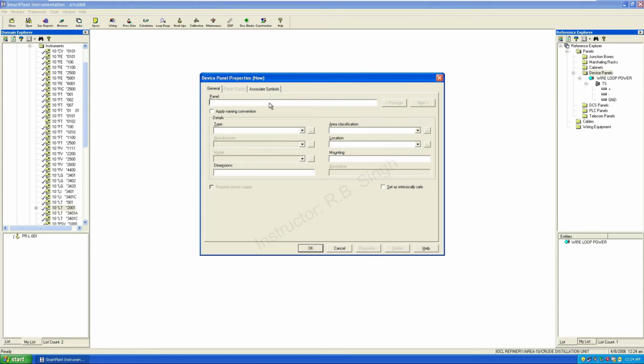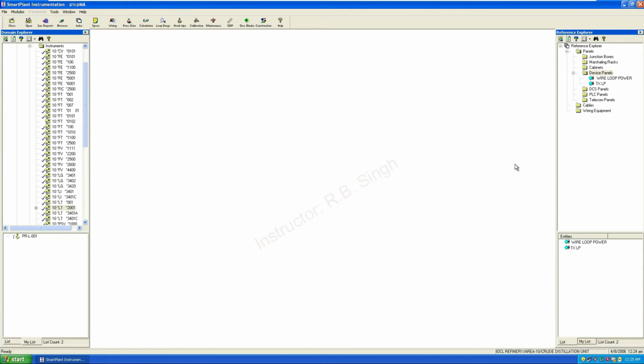If you are making it for the transmitter, then just mention transmitter and loop power transmitter. So this is TXLP. By clicking OK, a device panel will be created,